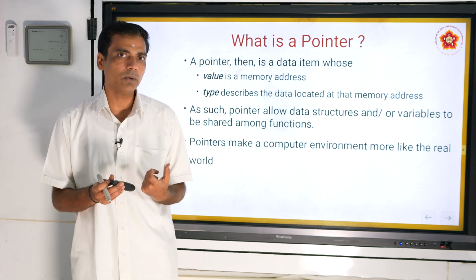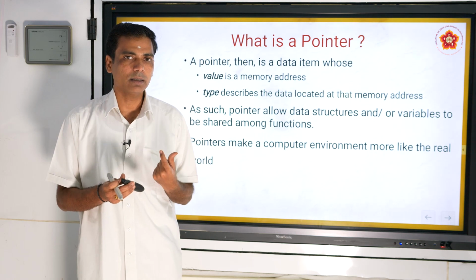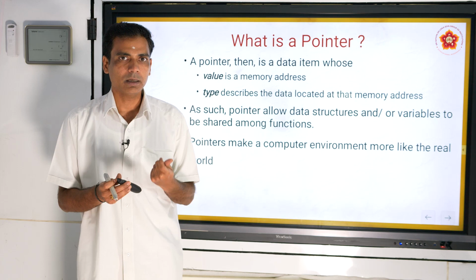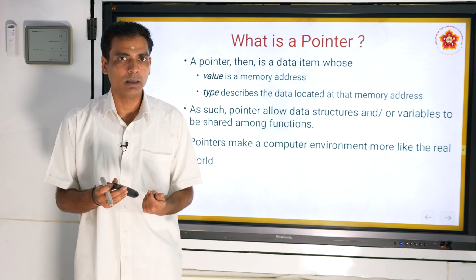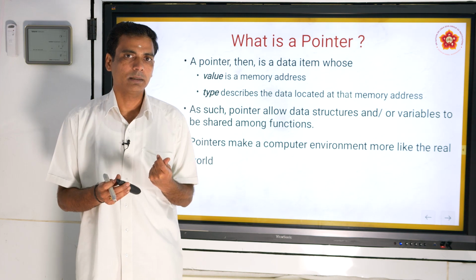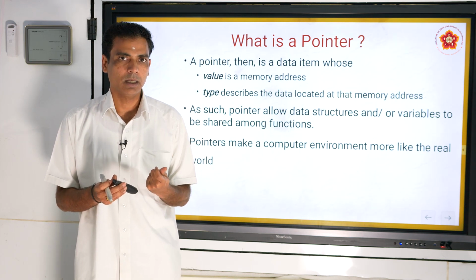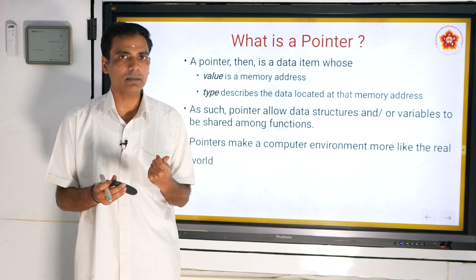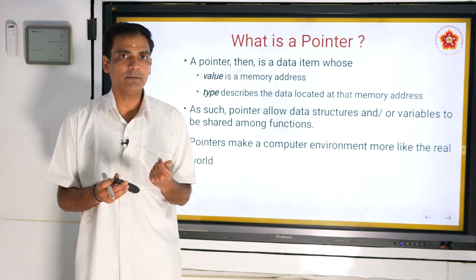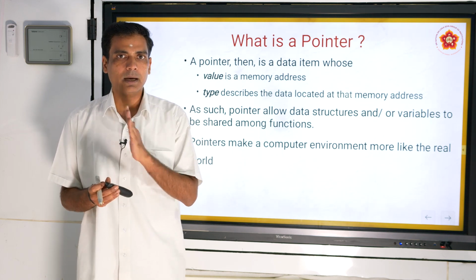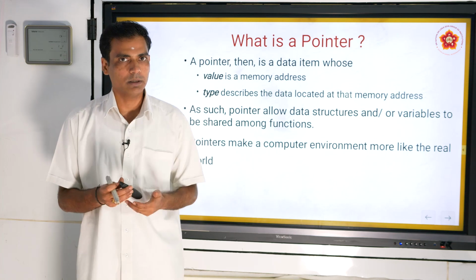One thing to note is the role the type plays. The type plays a very important role: if we want to locate an integer memory location, then we must declare a pointer as integer. That means a pointer of a specific type can point to that type of memory location only.